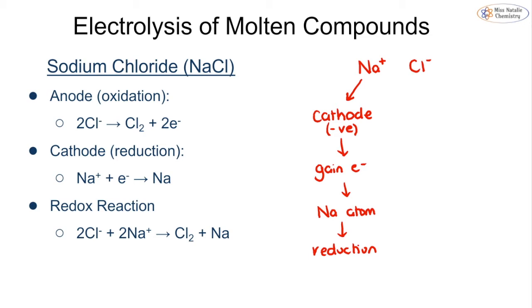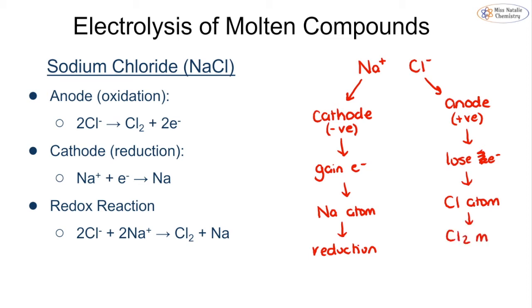We can then do the opposite for the chloride. Well, the chloride is going to be attracted to the anode because the anode is positive. It is going to lose 1 electron, and it is then going to form a chlorine atom. Those are going to join together to form Cl2 molecules because Cl2 is diatomic. So we know that we are getting an oxidation reaction. And again, we can write out the half equation for that, and that is 2Cl- giving us a Cl2